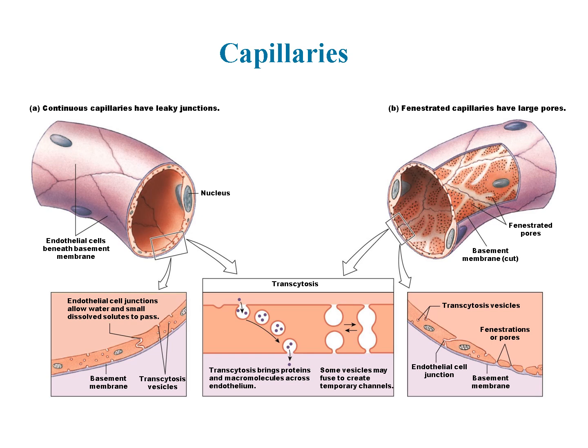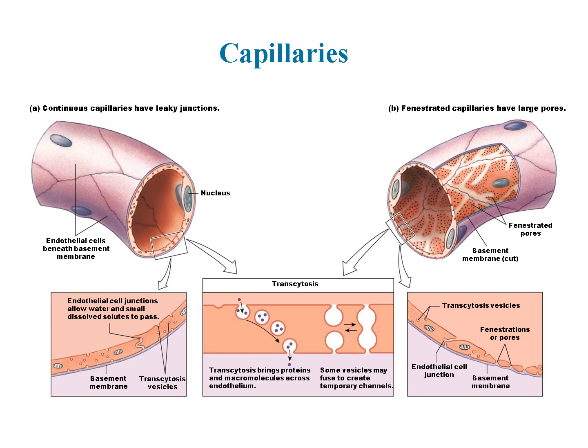This diagram highlights two major types of capillaries: continuous capillaries and fenestrated capillaries. Continuous capillaries, shown on the left, have tightly connected endothelial cells, but contain small junctions that allow water and small dissolved solutes to pass through. These capillaries are found in muscle, connective tissue, and the brain, where they form the blood-brain barrier to regulate the